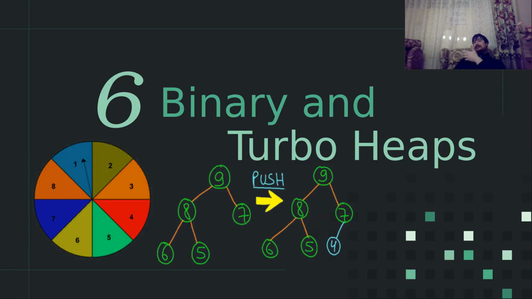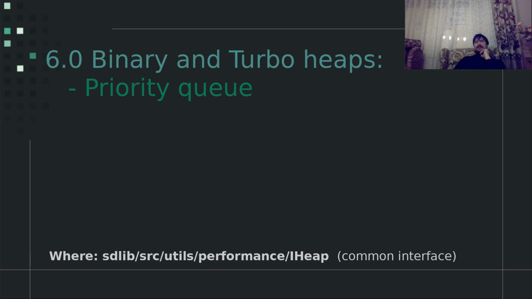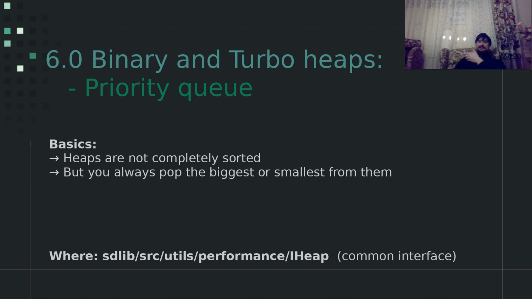And this is how we get to another topic, which is all kinds of heap things. And first, a recap: what is a heap? Basically, it's a priority queue, if you only look at the interface. It's not a completely sorted data set, but you can always pop the biggest or smallest from it. You cannot choose, you pick the biggest and pick the smallest. You can actually construct a heap like that, but